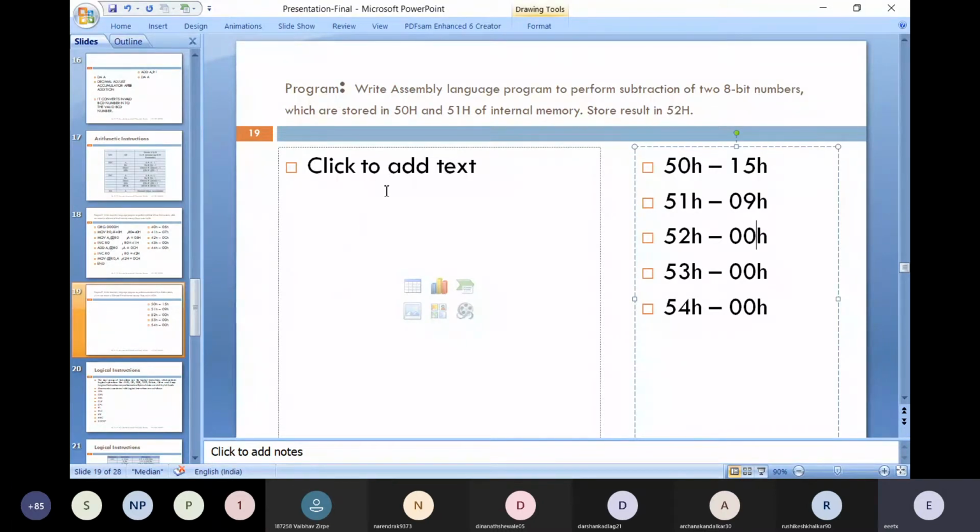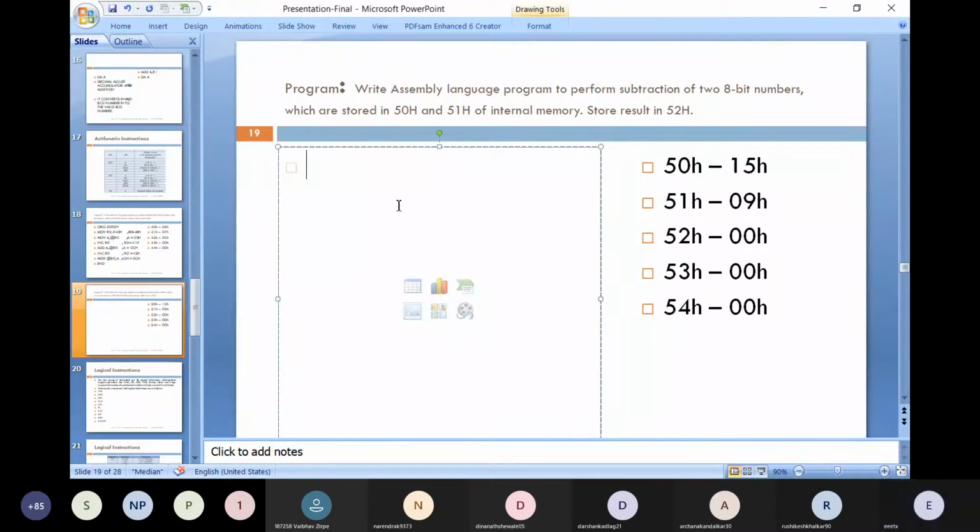As my data is in the internal memory, we will write the program which is similar to the addition program by using the internal memory. For this case, again, we have to use a memory pointer, and as a memory pointer, we will use one register.